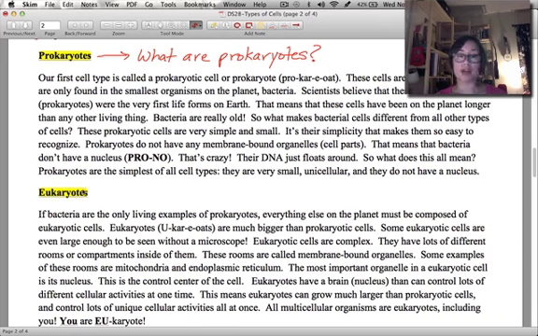If I keep going, I'm going to see that they're the simplest. And again, I've already put that. Let's double check and make sure that I've written that. So they're simple, so I have that. That just reiterates an important point. They're small, I've already said that. They do not have a nucleus, I've already said that. The last thing that I need to write that I did not write yet is that they are